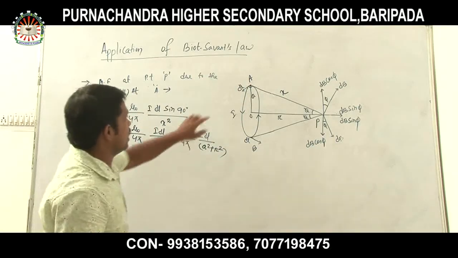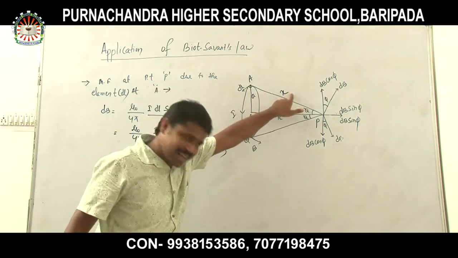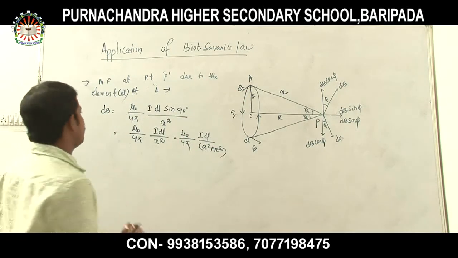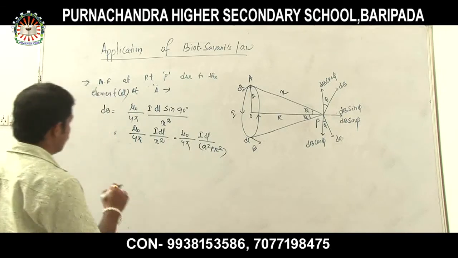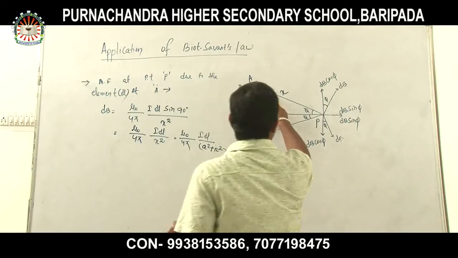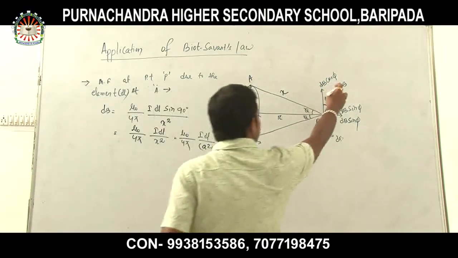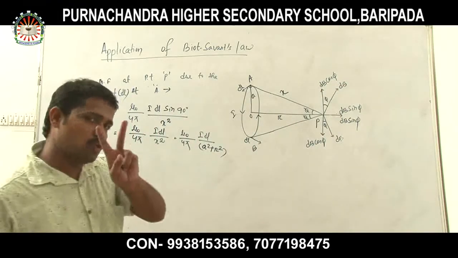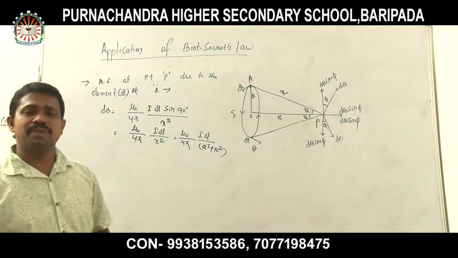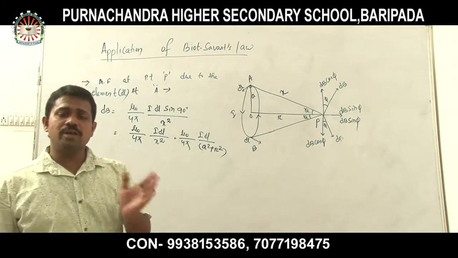Clear? Okay. And the angle between the distance, here the distance I have to take is x, and dl is your 90 degree. Understood? Clear? So now this is your dB. Look at this dB. Here this is your dB. Understood? Now this dB can be split into two components. Yes or no? This dB can be split into two components: one is dB cos phi, one is dB sin phi.